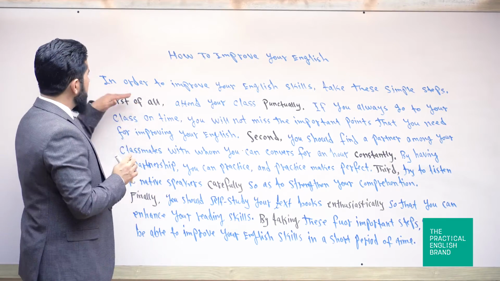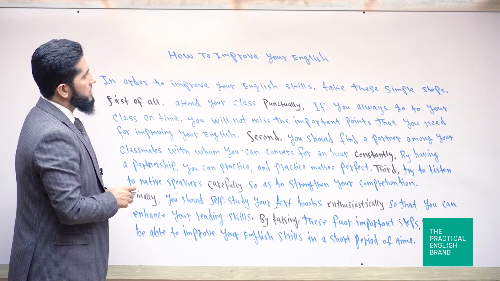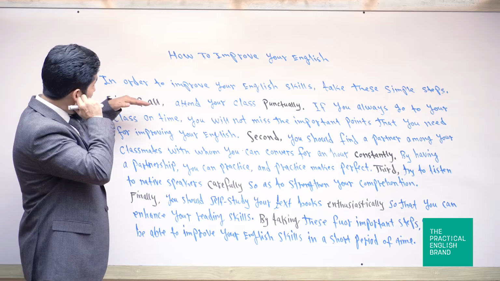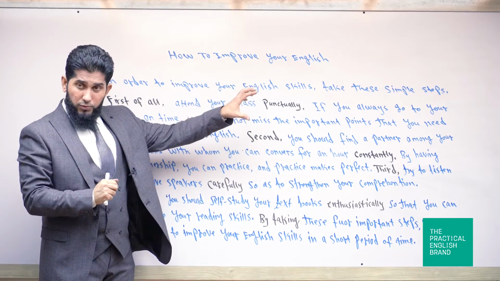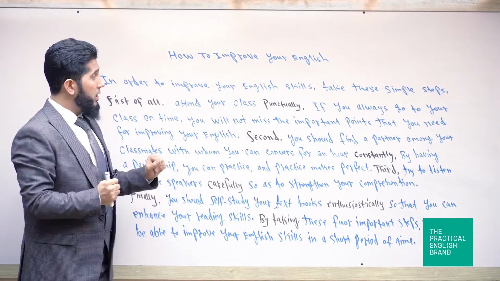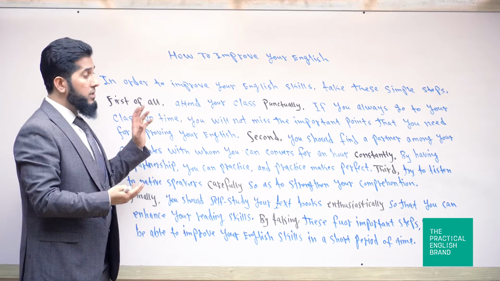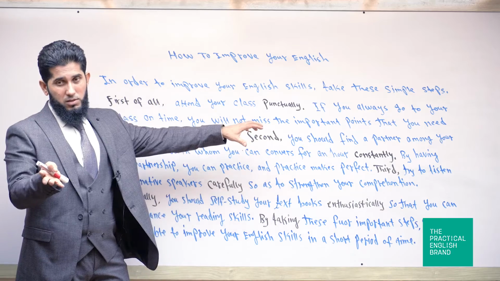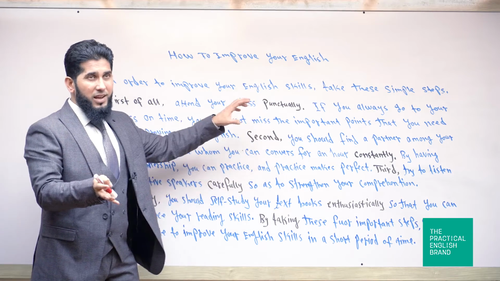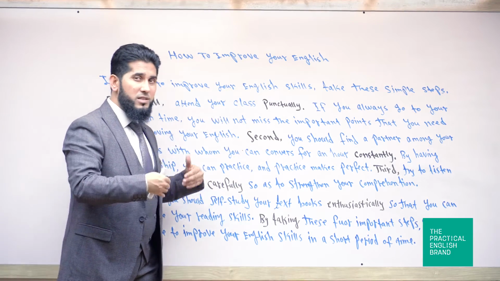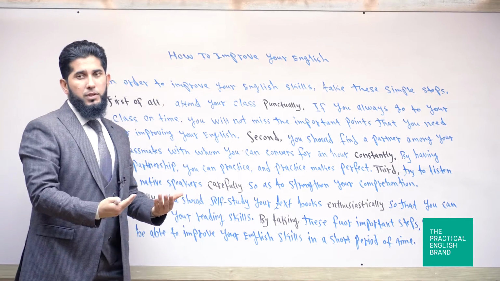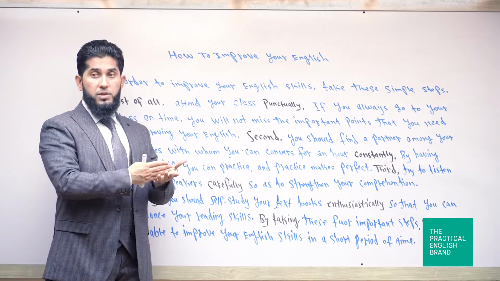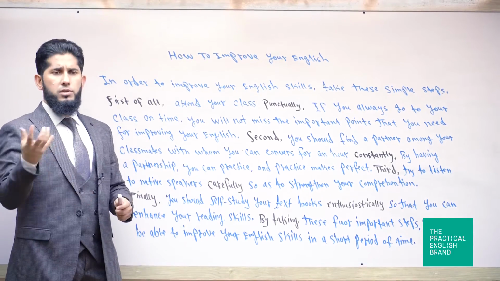But look, the topic sentence: in order to improve your English skills, take these simple steps, okay? Now, the topic is how to improve your English skills, okay? And the controlling idea is that by taking these simple steps, you can improve your English skills, okay? Now, the main idea tells us what this paragraph is mainly about. It is about discussing some simple steps to be taken in order to improve your English skills,